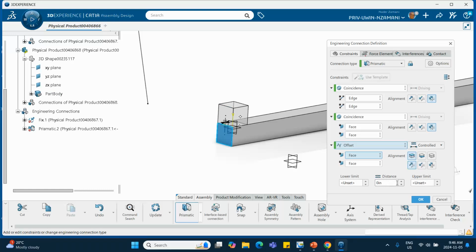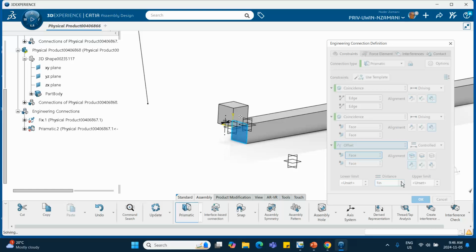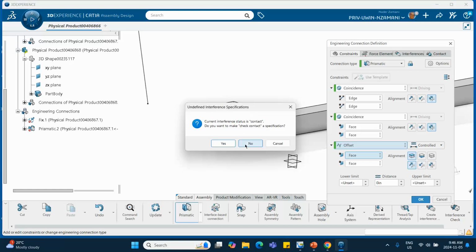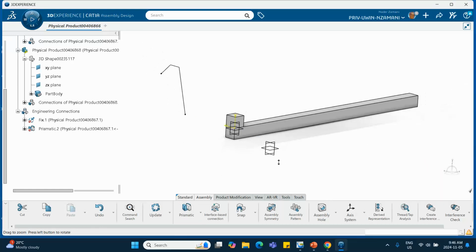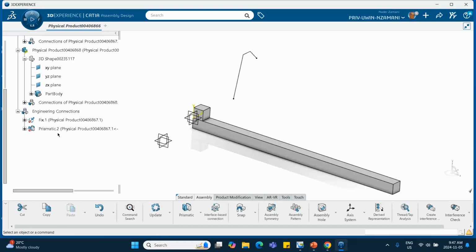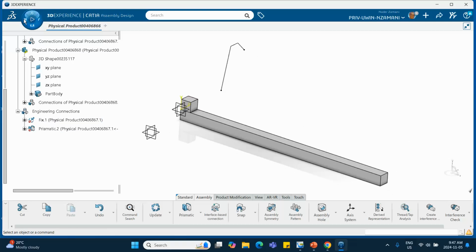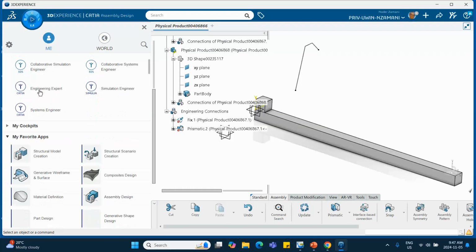Right now it's 0. Notice that I can change this. Okay, so let me put it back where it was. Okay, good. All right. And let me say okay. I don't want to do any contact, so that's fine. Okay, good. So the prismatic joint has been created. Okay, good. So now we're going to go to